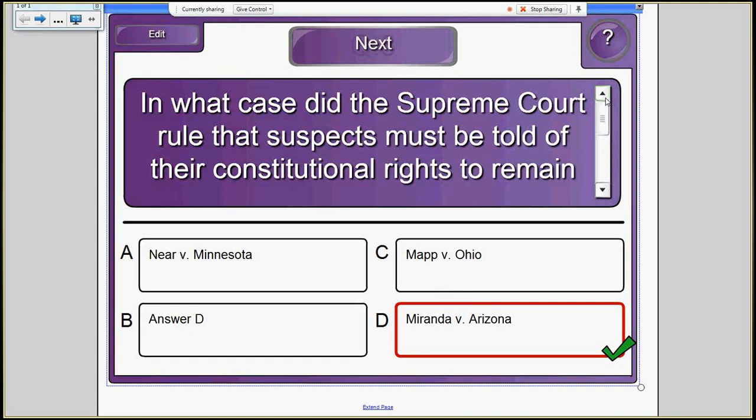One of the things where these cases get tricky is when you must be read your rights. If a person is merely a witness, they don't have to be read their rights. So if they were just asking questions, there's no individual suspicion, and the person admits they've committed a crime, that part can be used against them. But once they admitted to a crime, they should be read their rights. If their rights are not read to the suspect, then the state risks having the court throw out the confession or throw out the evidence.